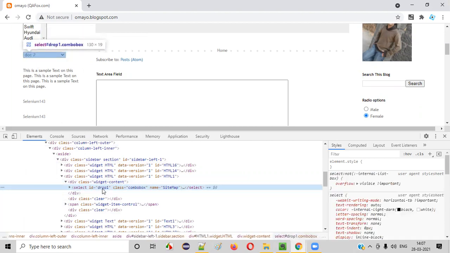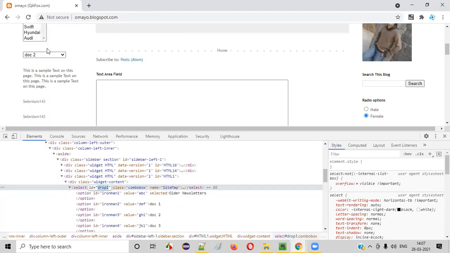It also has some ID, guys. The developer has given some ID attribute and a unique value here to locate this drop down field uniquely. Whenever he needs to use this particular drop down, he will use this ID in his programming. Now, apart from the ID attribute, it also has a name attribute, like sitemap. And this drop down field also has another attribute known as the class attribute. We should have some basic knowledge about ID, name, and class, guys. These are general important attributes.